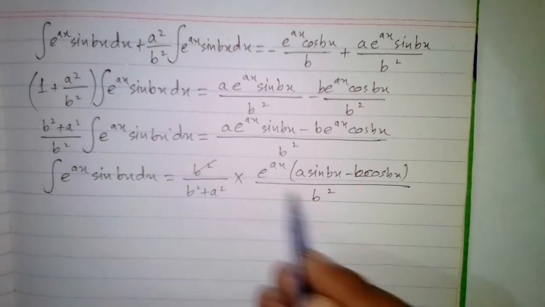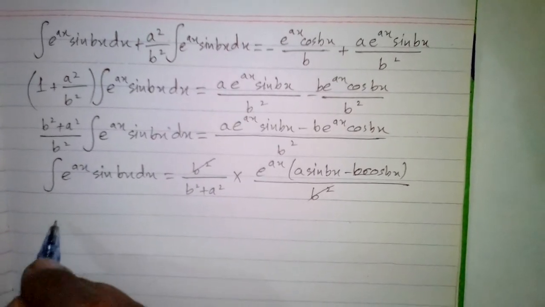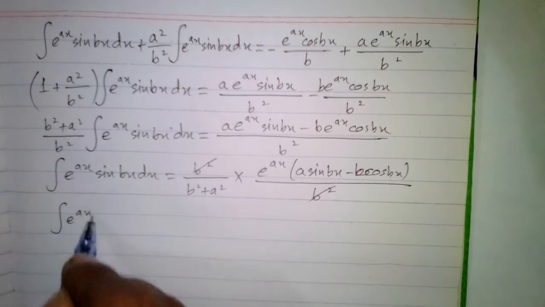Now we can cancel b square and b square. So the integral of e to the power ax sine bx